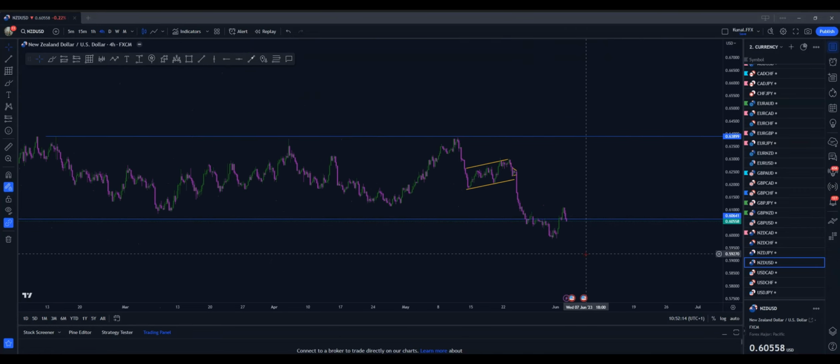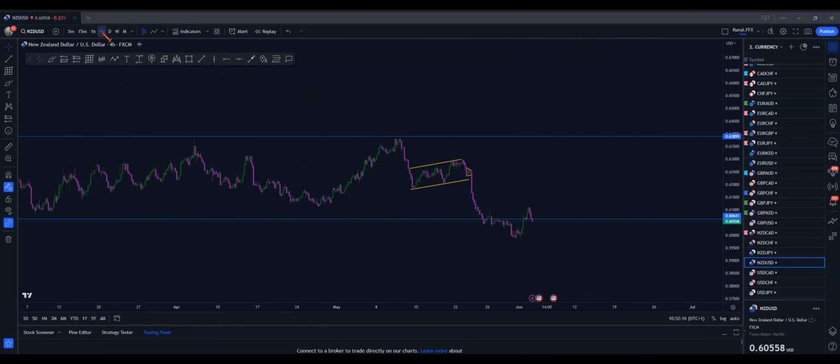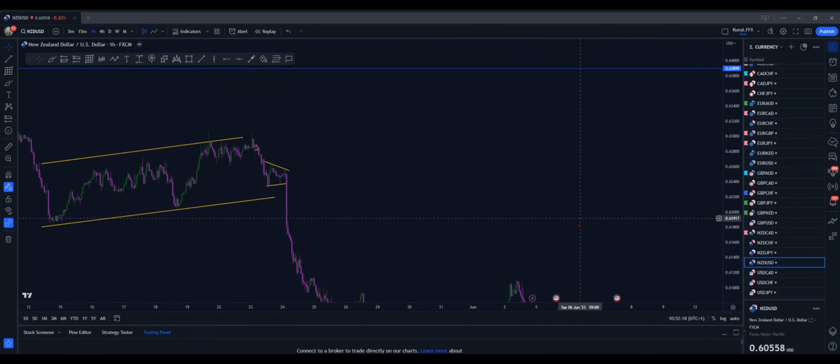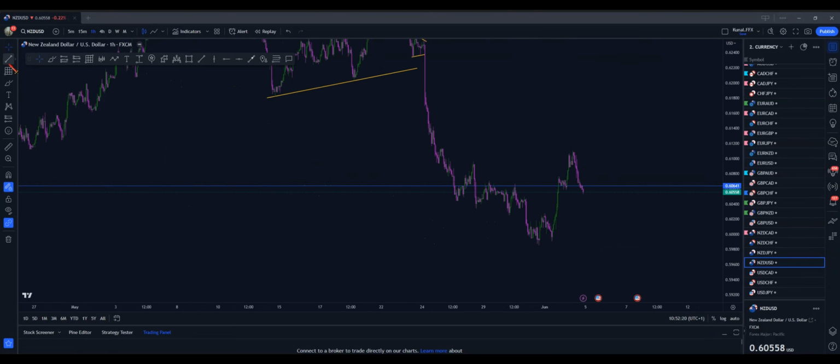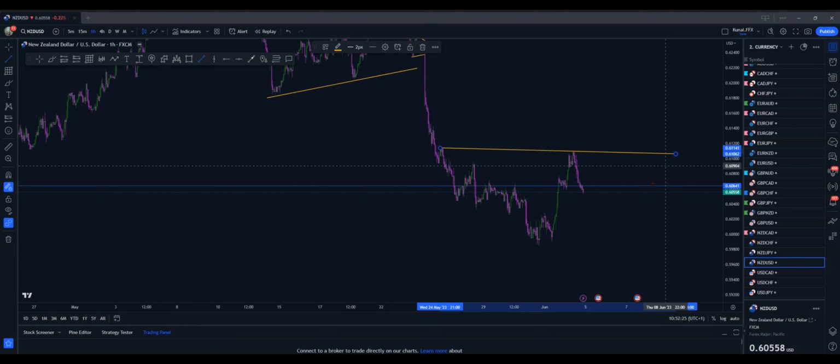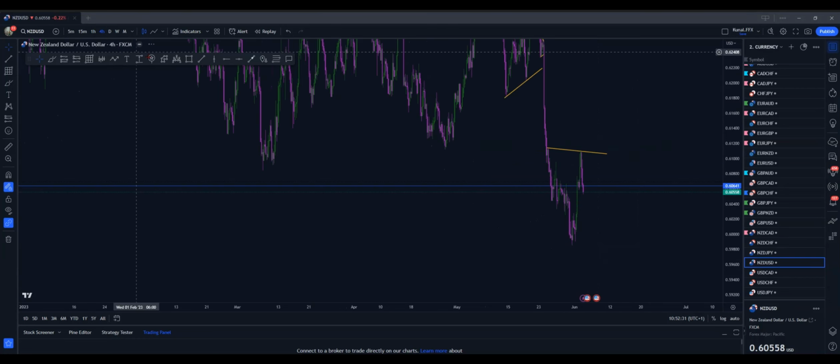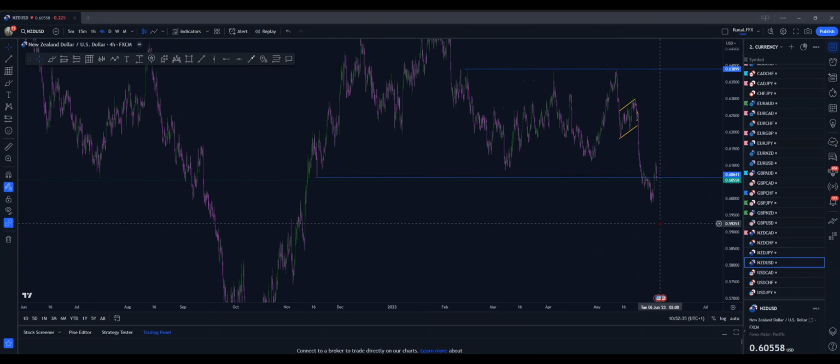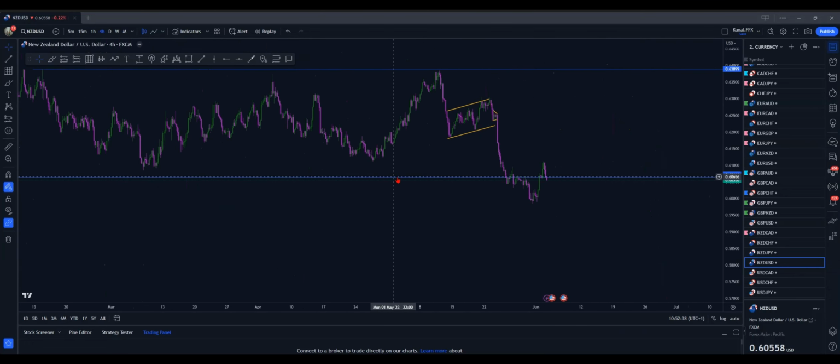Let's see. So we've basically got push up, and then we got this flag over here. It's just corrective in this area as well, to be honest. Could be a big, I don't know really. It's just not. It's just a push up at the moment, honestly. That's all it is. There's nothing that really says to me amazing trade, but we saw this with